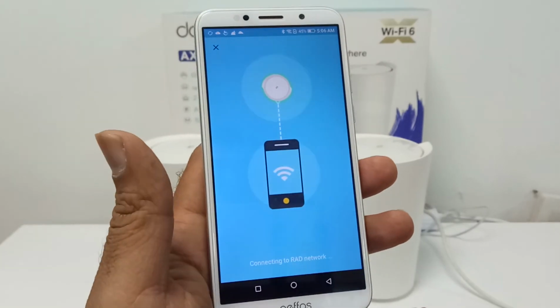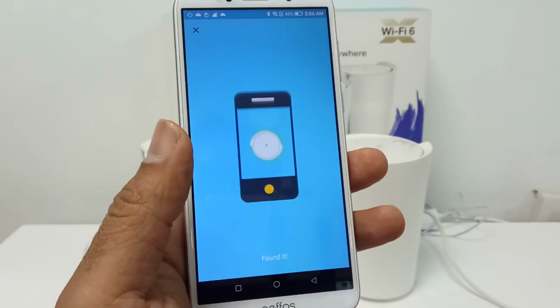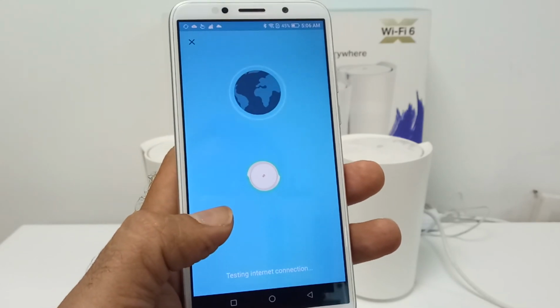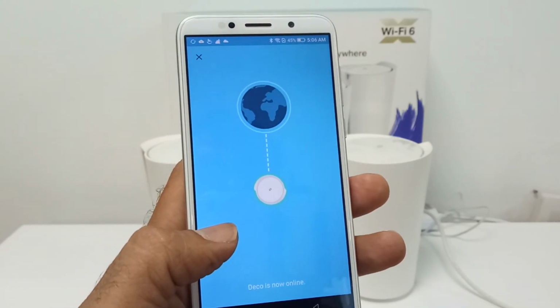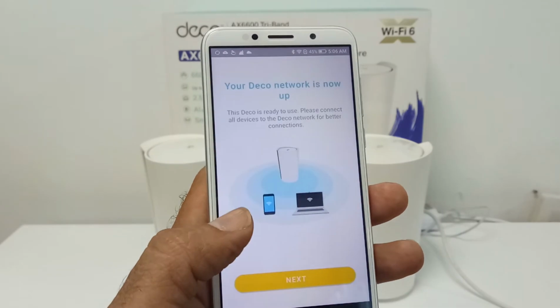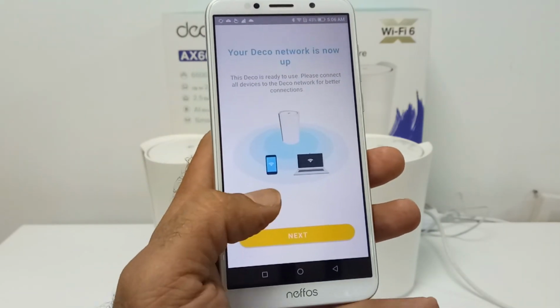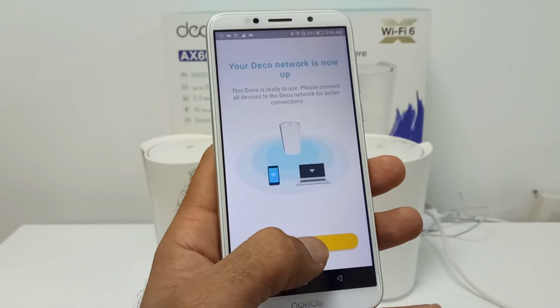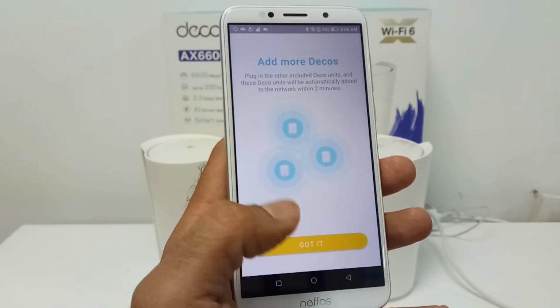Sometimes it will connect automatically and sometimes not. When it's not connecting, you can go to the wireless settings and connect. So now here you can see your Deco network is up. Press next and got it.